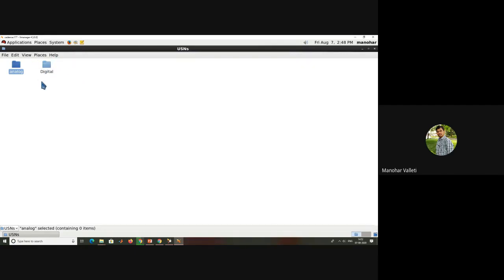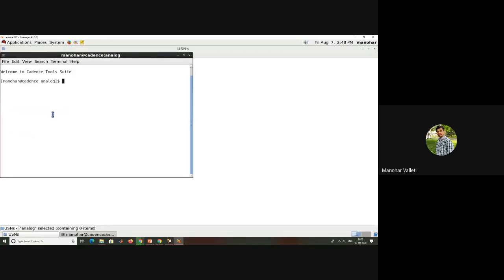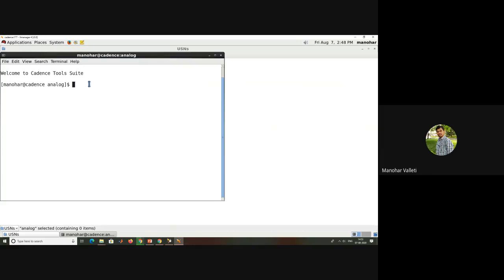But when you are entering for the first time, you need to follow the procedure I am telling. I will right click on this again and open in the terminal. I think you can see the terminal. I don't need to maximize it. Now you type here.